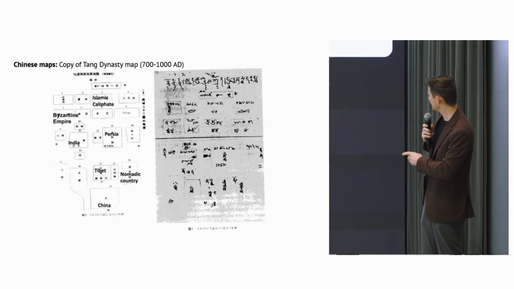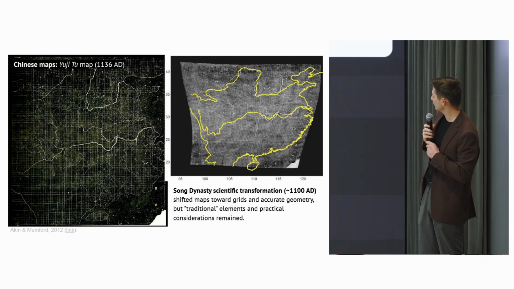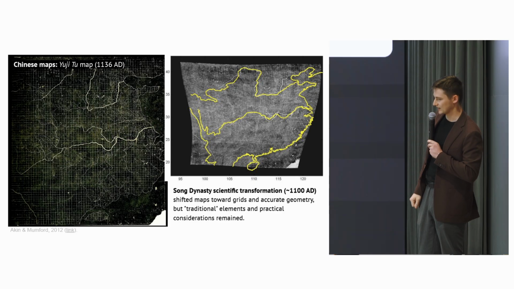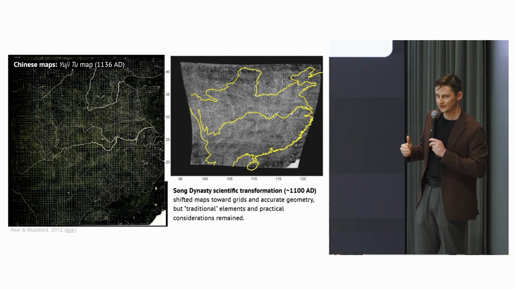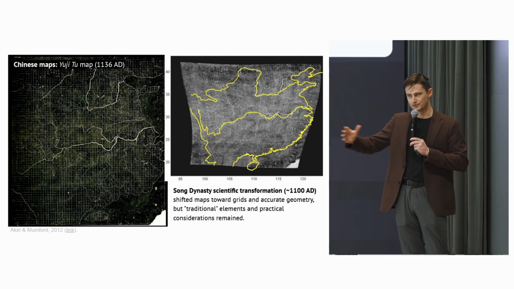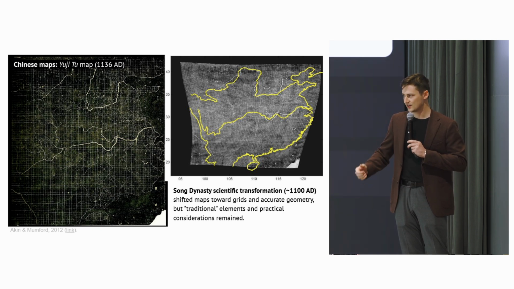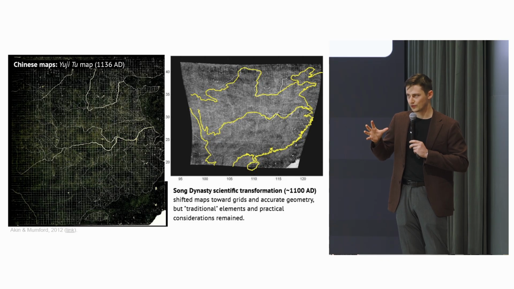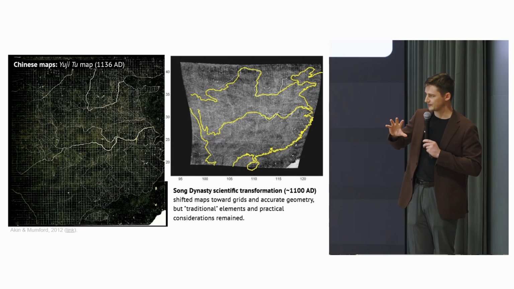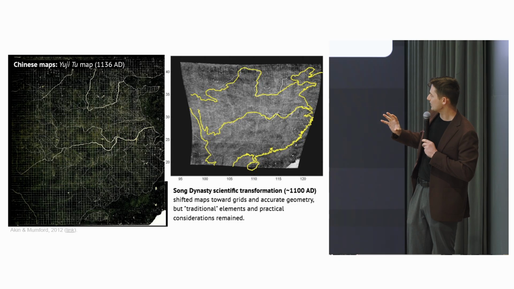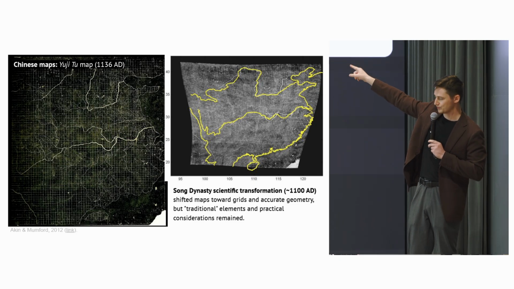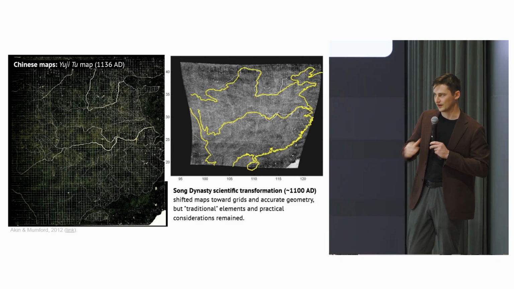Contrast that with this, which is from 1136 AD. I believe that would be the Song Dynasty. And so I mentioned that China and Europe have very different progressions in terms of history of science and things like that. In Europe, we had the Renaissance. China had a sort of a Renaissance during the Song Dynasty, especially around 1100 AD when this map would have been produced. And so